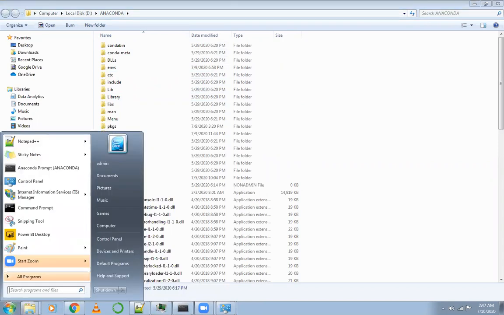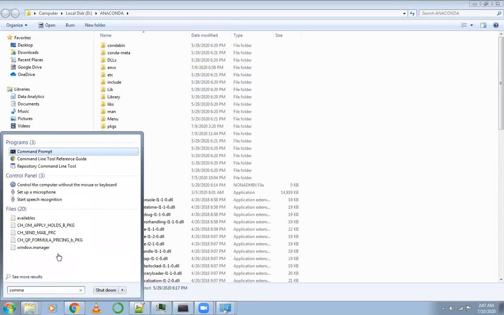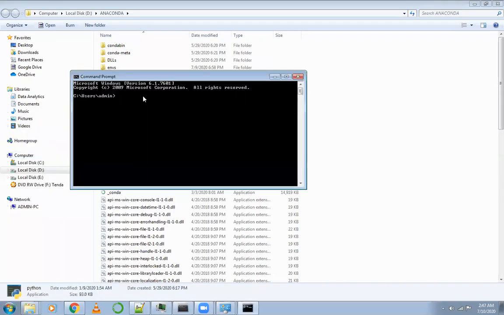Next step is to open command prompt. So I've opened command prompt here. Earlier, when we typed Python command in the command prompt, it's not working at all. It was throwing error. Even command prompt was not able to recognize the Python keyword.